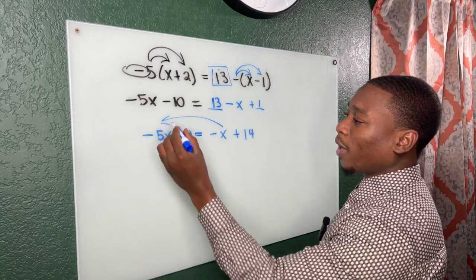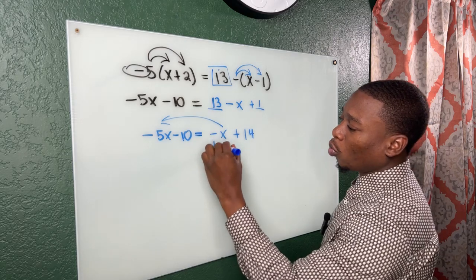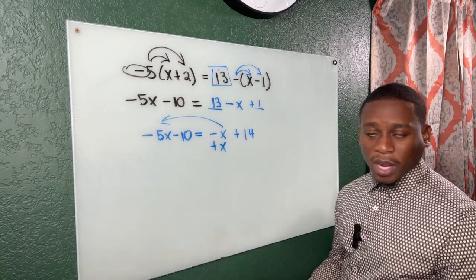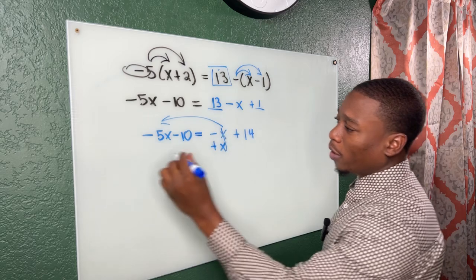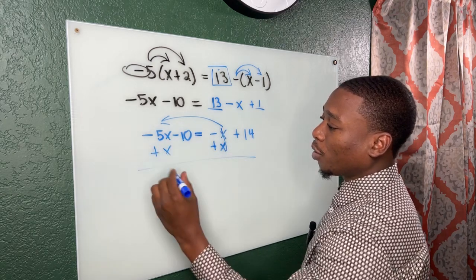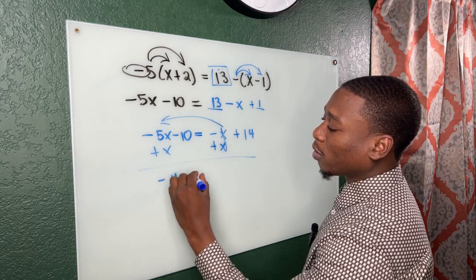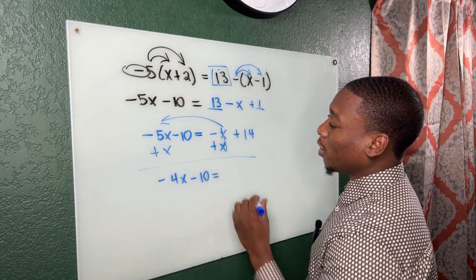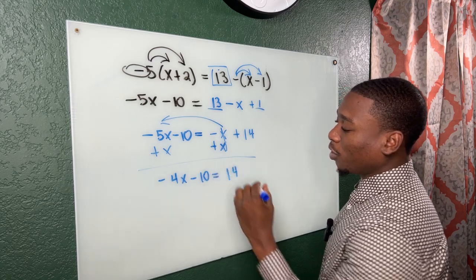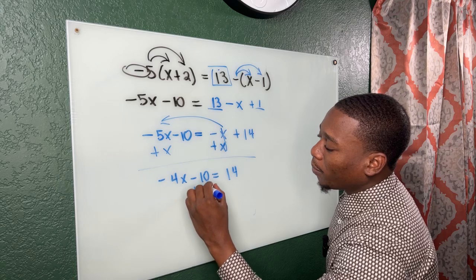So I'm going to move my x over to the left side. We're going to do the opposite of subtracting x, right? This is negative, so we add. Same thing here. We have -4x minus 10 is equal to 14. Now, once we combine by adding 10,